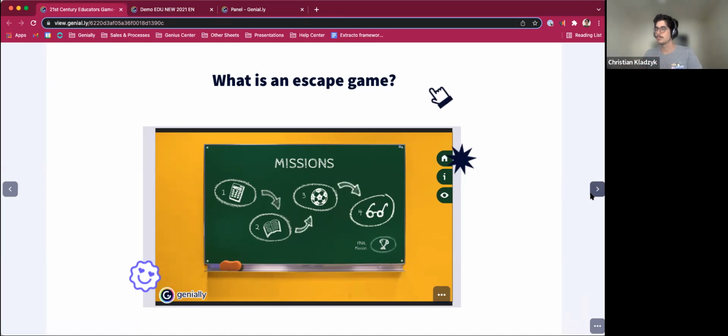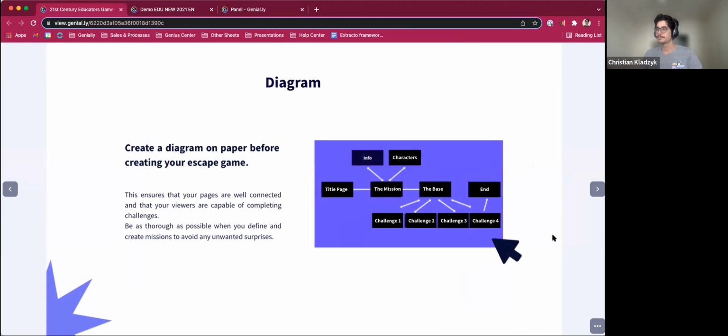Any questions on what an escape room is? I'll just emphasize that an escape room does include components of different kinds of gamification, right? So say a quiz or a search, being able to search for content. But I'll be showing you a better visualization of that once we get into the editor. Something to keep in mind when you're creating a gamification within,